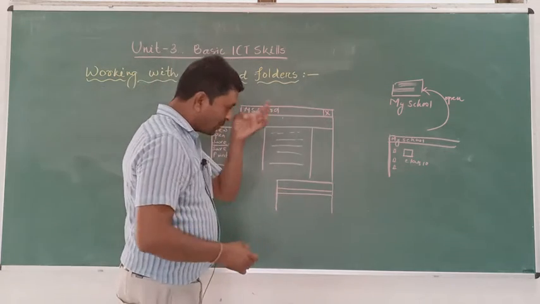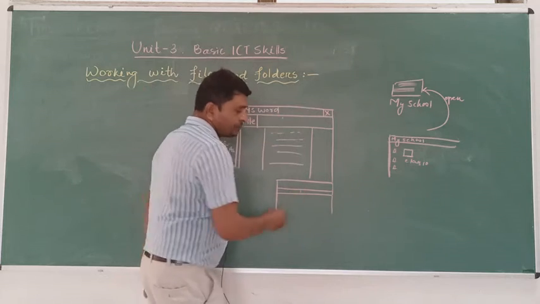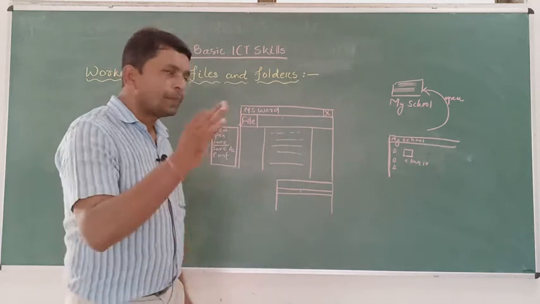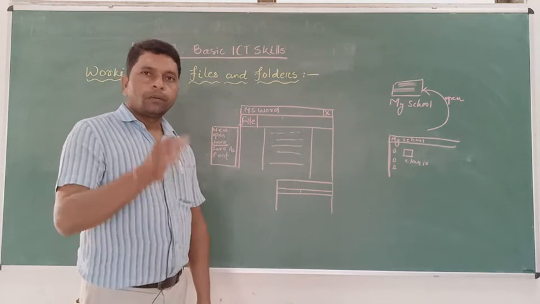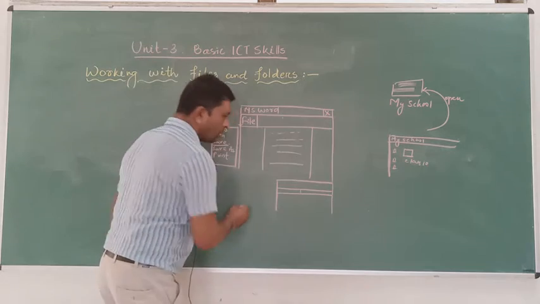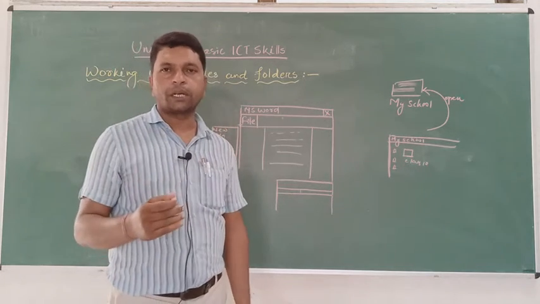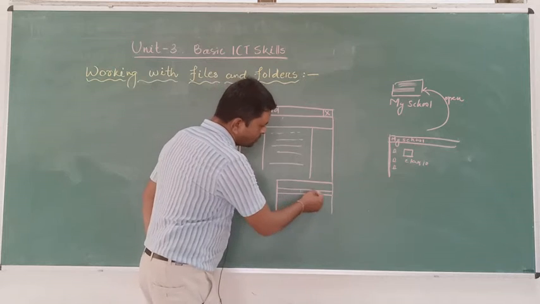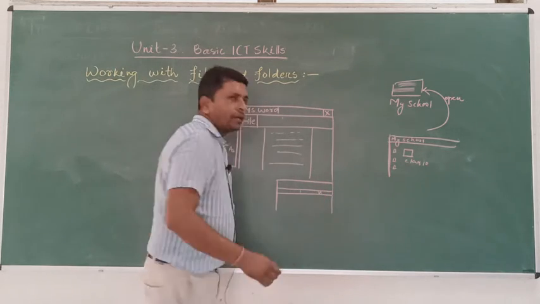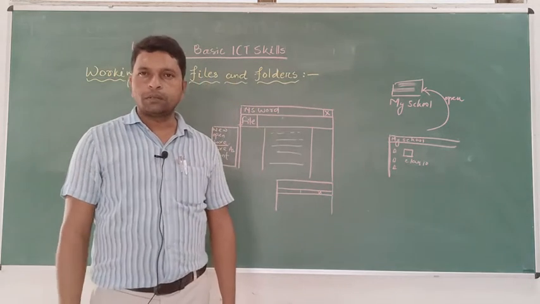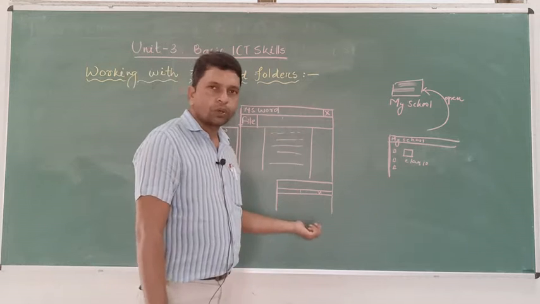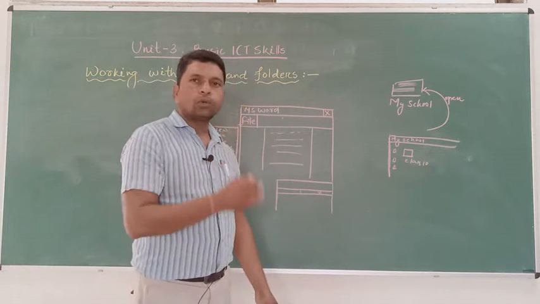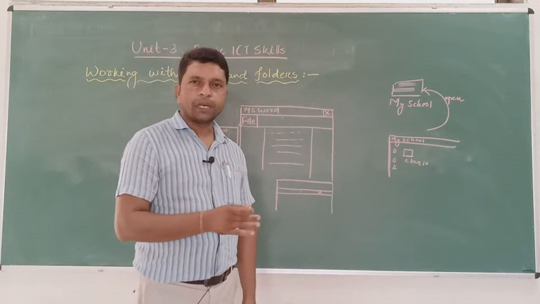Okay, so from that I go to my computer, within that, my PC or only computer, that is also on your desktop. So here we can browse, there is an arrow mark where we can browse, where we have to store. From that I go to PC or computer.